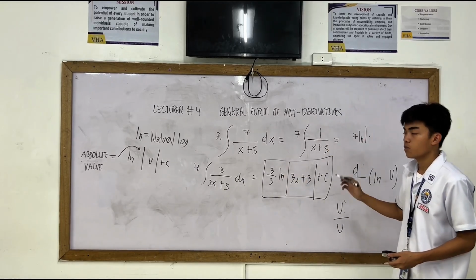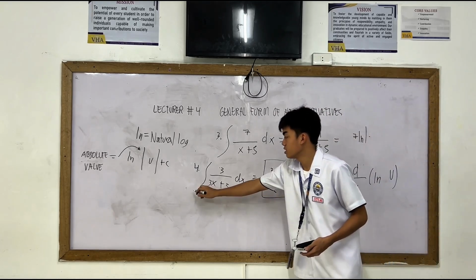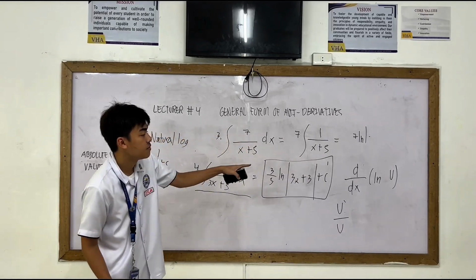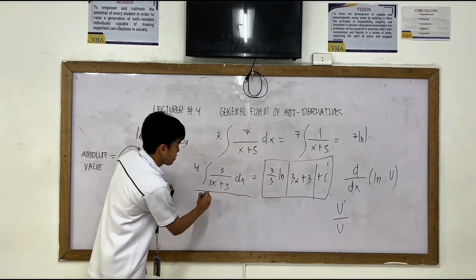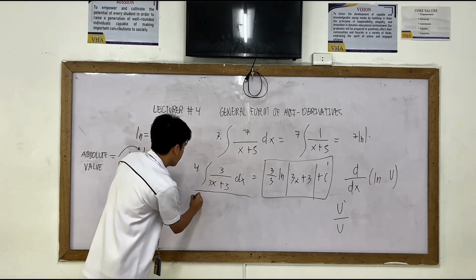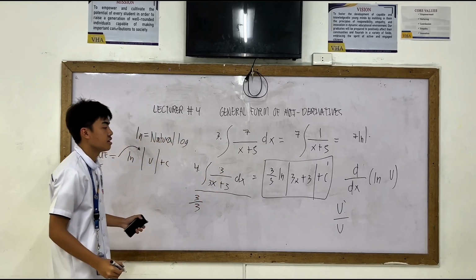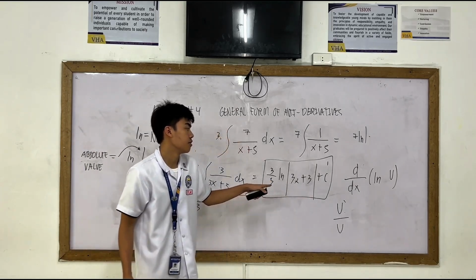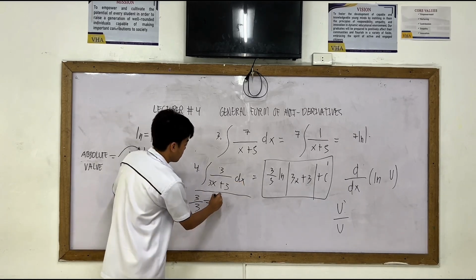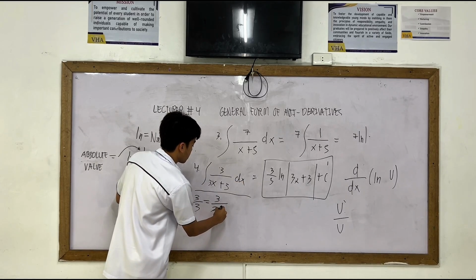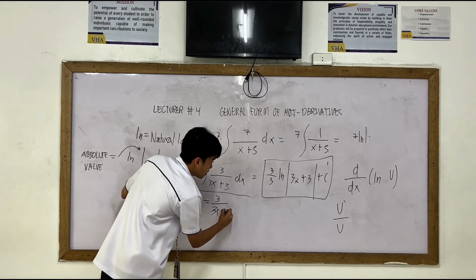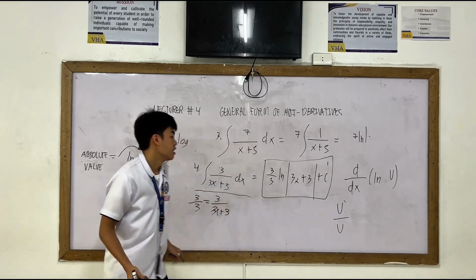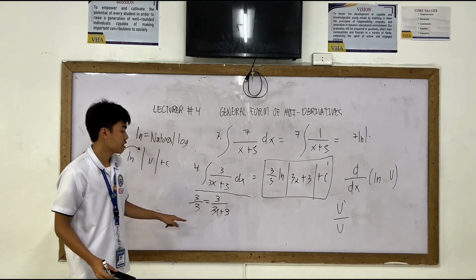We're going to reverse it back to its given form, which is this. So as you can see, we have this and that. So we're going to bring down the over 3, and over here in this part we have to derive it. So it will become 3 over 3x plus 3 because this is the prime one, which is here, and this one is not yet derived.